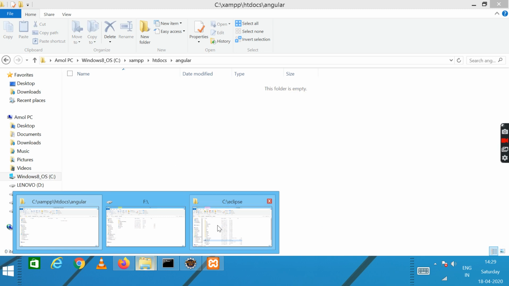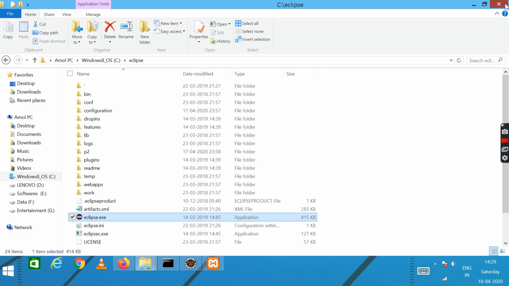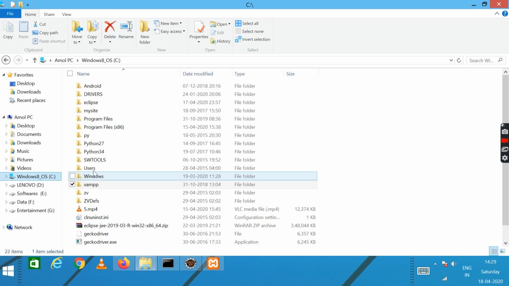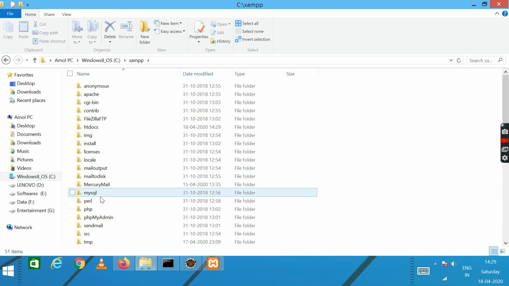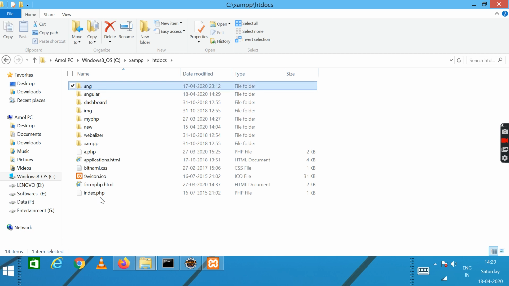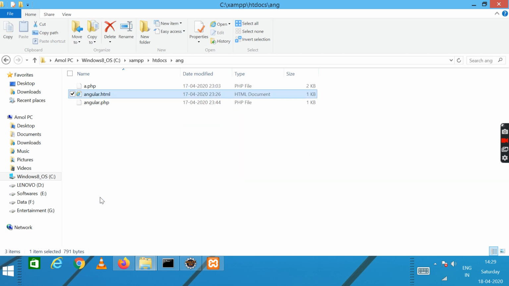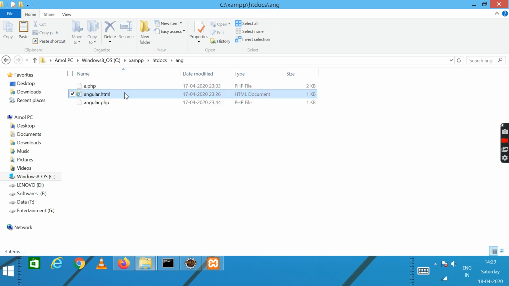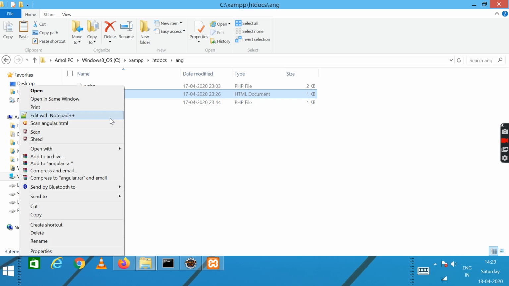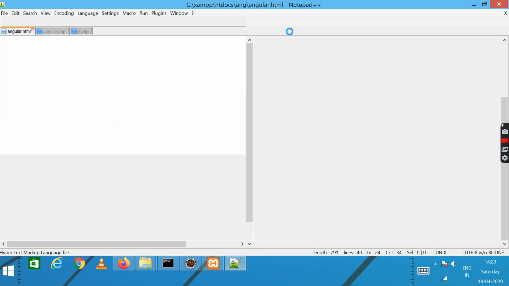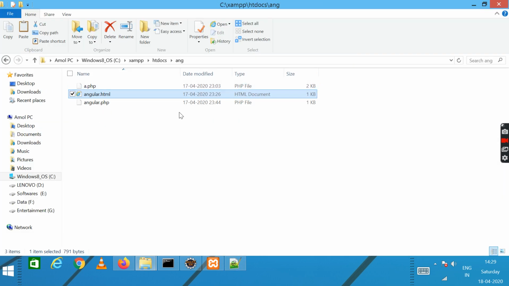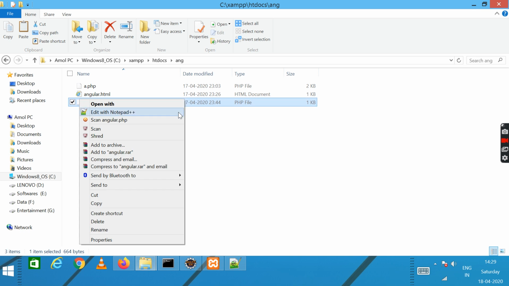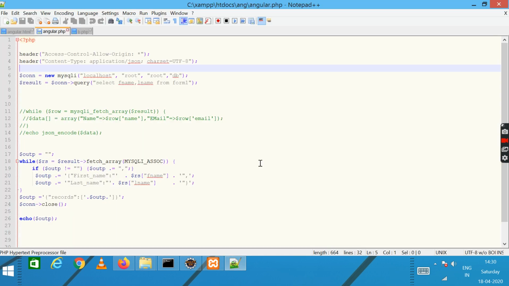Then I'll be adding the files which I have. I have one angular.html file and another called angular.php file.